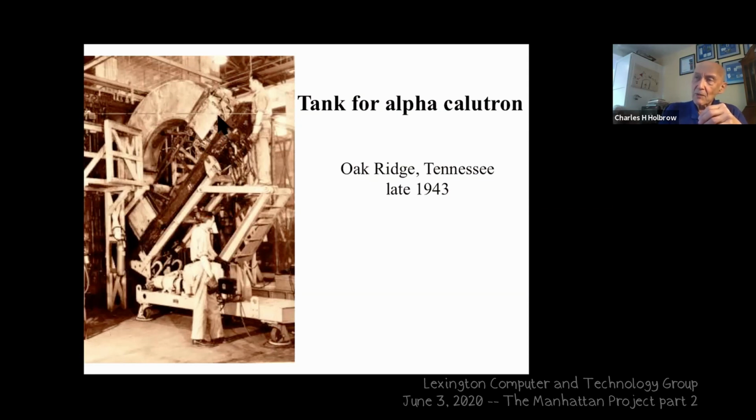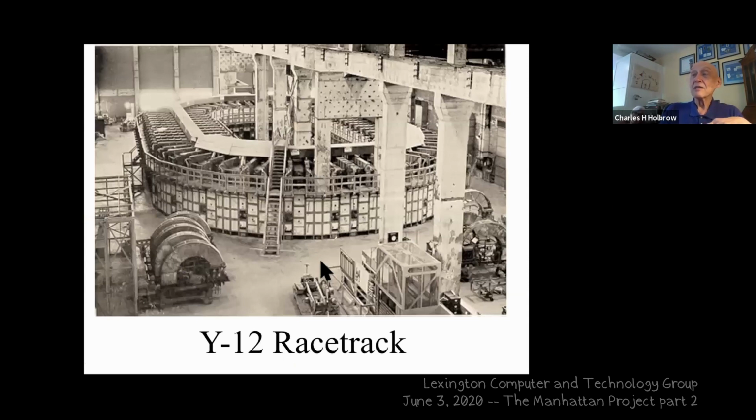Say uranium-238 might come out there, but the uranium-235 would be bent a little more and come out there. So this is one of those. How many of those do you need? Well, first of all, you need to stack them up. They have to have a magnetic field go through them. You can't really tell here, but each of those, here are what we were looking at before, and those go in here. They fit in there, and